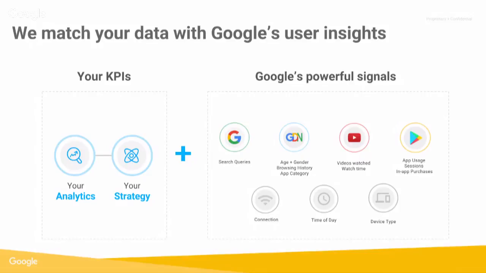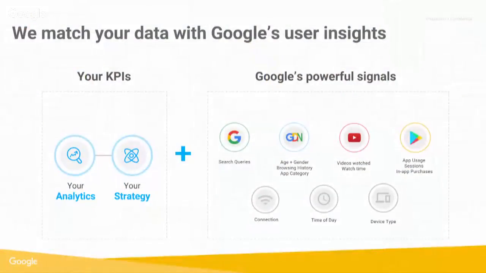So if you think of it, we could leverage and understand how users search today across all our properties. What is the age, the gender of the user? How do they behave inside existing apps and websites? What kind of videos do they tend to watch on YouTube? At what time of the day? What kind of app do they already have installed in the device. We can also look at signals such as their connection to internet, what time of the day, and what type of device do they have.